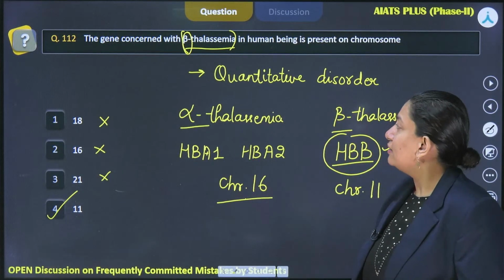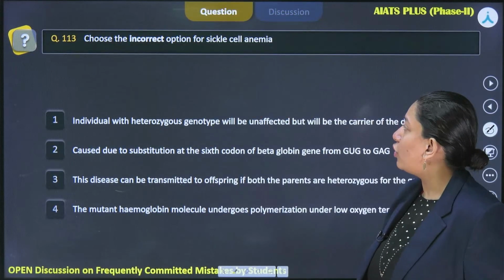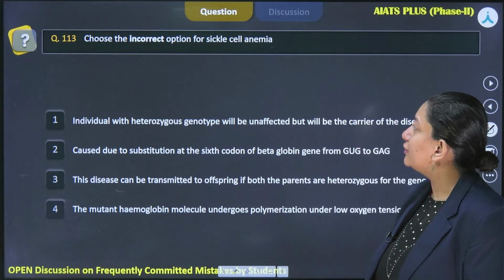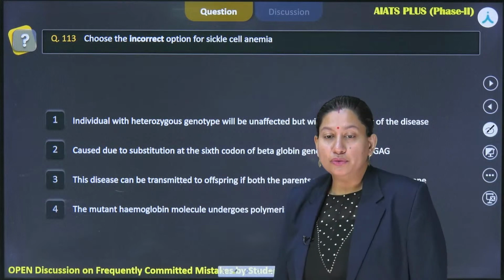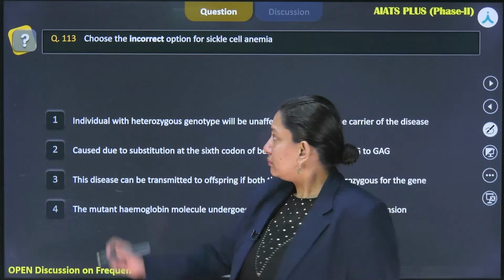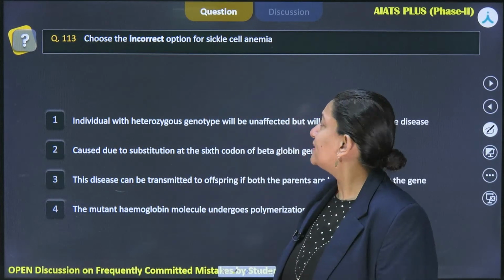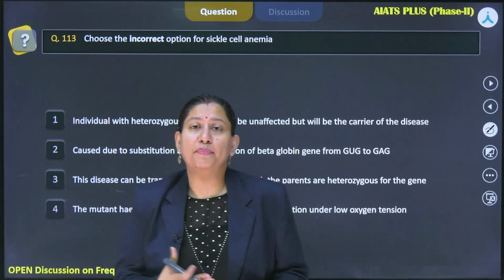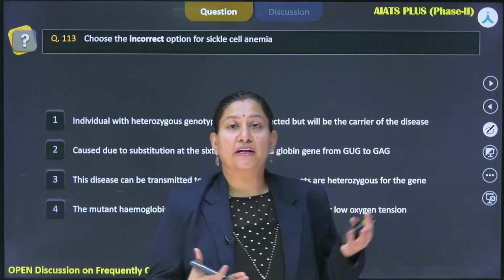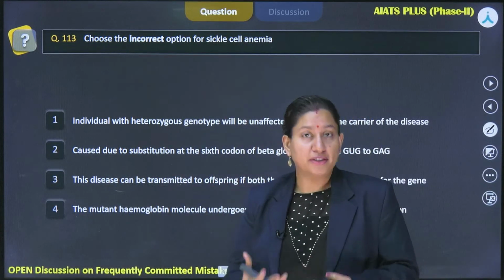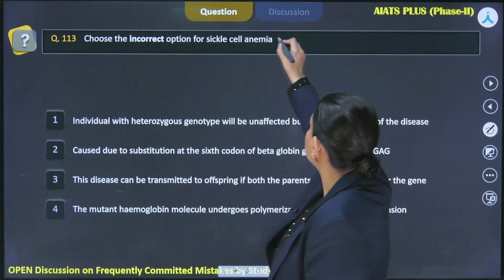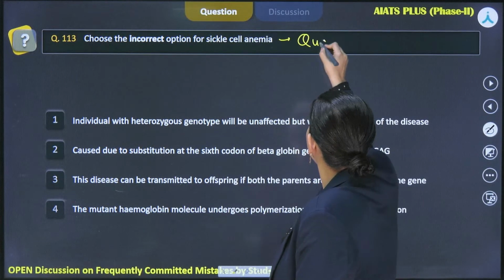Now moving ahead, we have another question that says we have to choose an incorrect option for sickle cell anemia, right? So as I have told you, sickle cell anemia often gets compared with thalassemia because the two disorders, the previous one that we have discussed is a quantitative one. Over here, what we are discussing is a qualitative disorder,